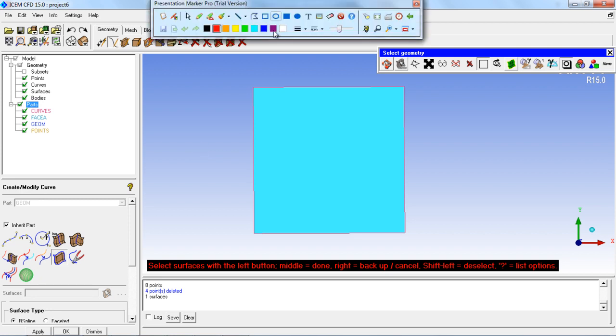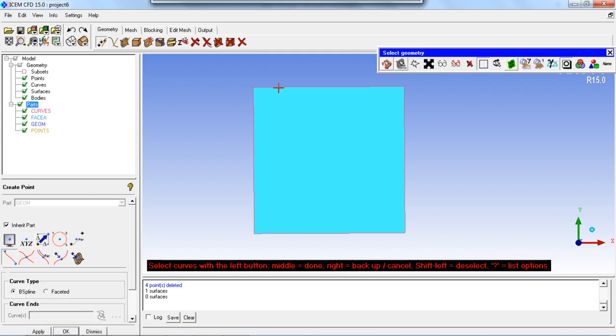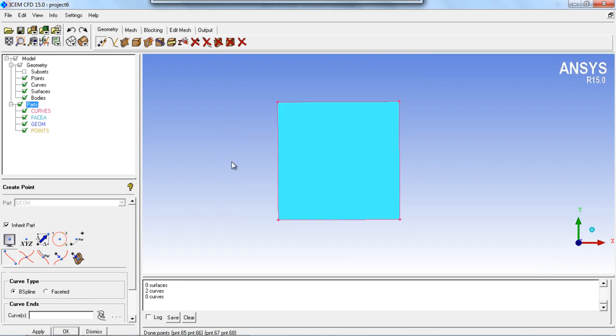And to get the endpoints, just go to the points and select the get endpoints and select any 2 curves, whether vertical or horizontal, and you again get all the points over here.